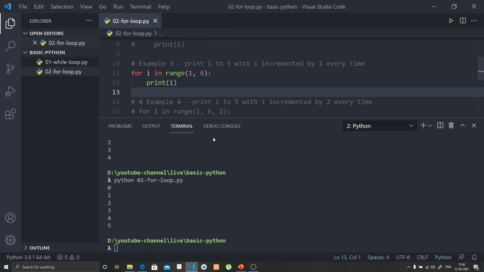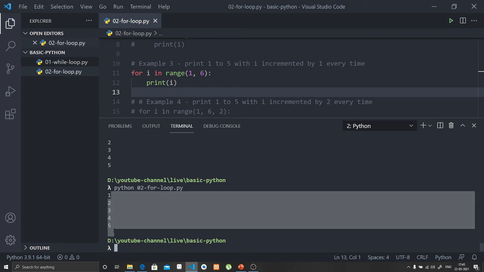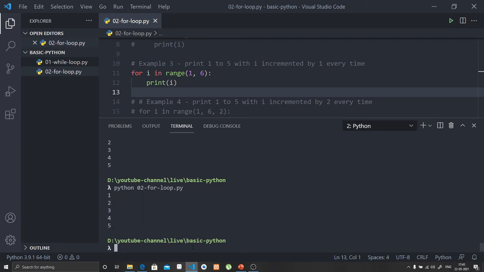Let's see this example. See, it starts from 1 and prints till 5. So this is how the range function works with the start value.